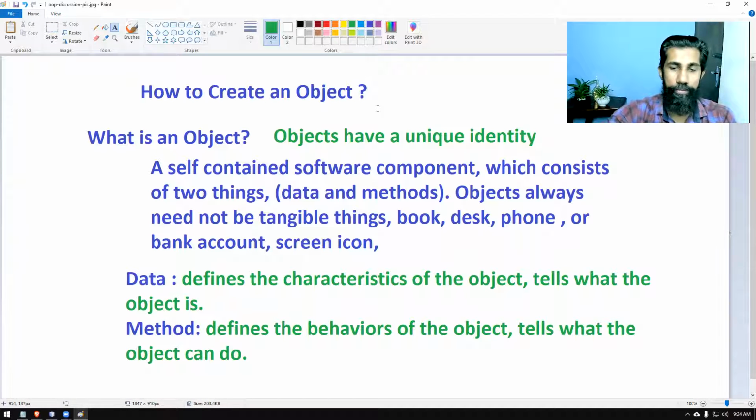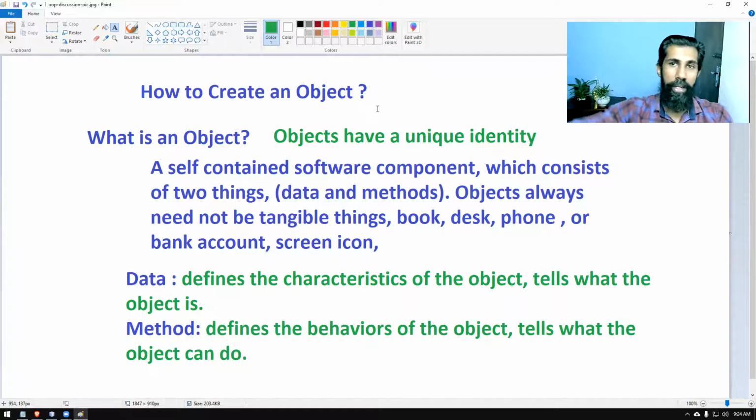If you take a phone, that's my phone. A phone has something called an IMEI number, right? A unique identity is there for any phone that they manufacture. So that we need to understand: every object can be uniquely identified.